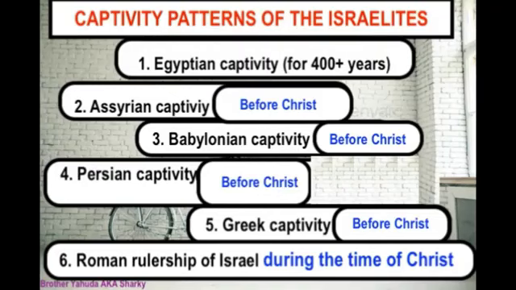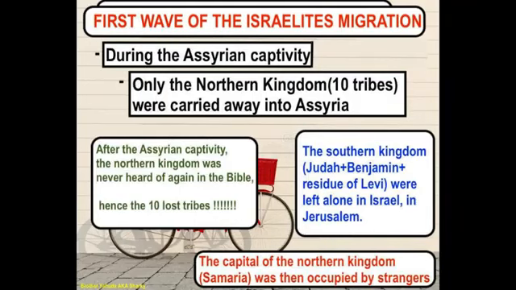In the Persian, the Greek captivities, and eventually the Roman captivity that happened during the time of Christ. During the time of Christ, the land of Israel was already under the rulership of the Romans. But the other captivity happened before him. And what I want you to understand is that the first wave of migration of the Israelite happened during the